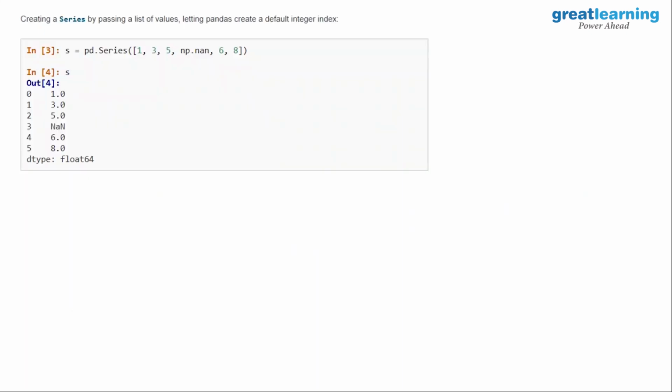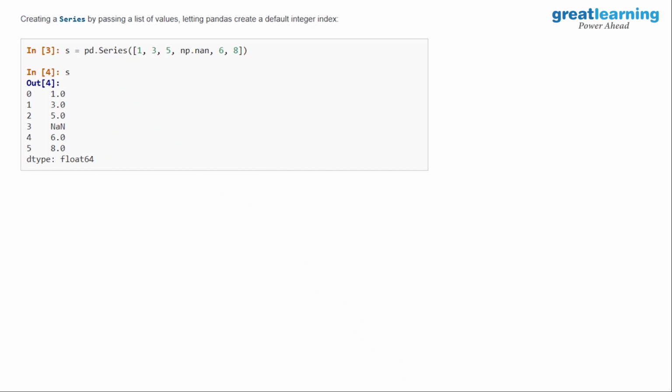Before you get into data frames, you have to understand two important things called series and data frame. A data frame is a multi-dimensional thing, correct? A series is a single-dimensional thing. That's how you understand it. A series is very, very similar to a data frame, but a data frame is multi-dimensional, while a series is a one-dimensional object. A series also will have an index label and a column name. Correct? That's what you can simply understand.